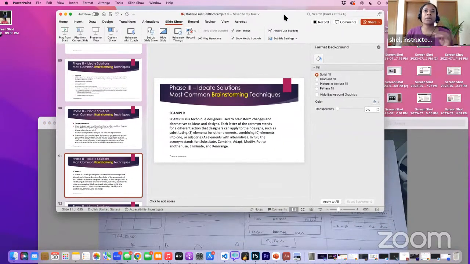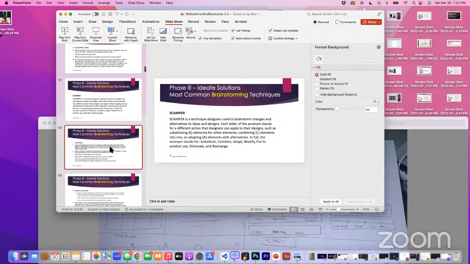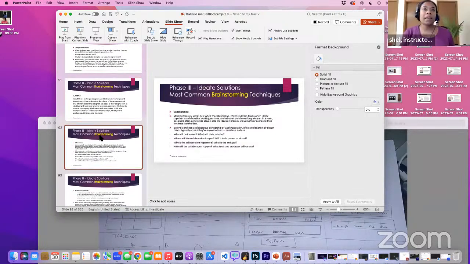So Scamper is another brainstorming technique. Again, Scamper stands for substituting elements, combining elements, looking at alternatives, adapting, modifying, putting to another use, eliminating, and rearranging. Does that make sense? Does anyone have questions about that? No. Okay. Another brainstorming technique is,